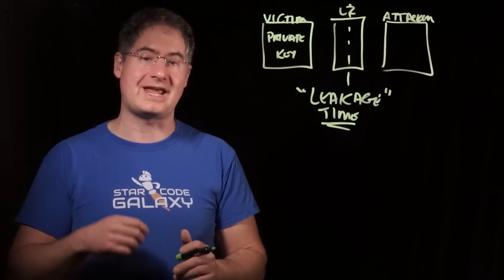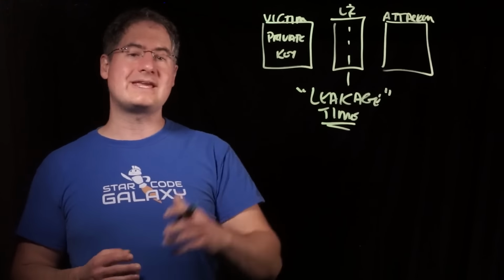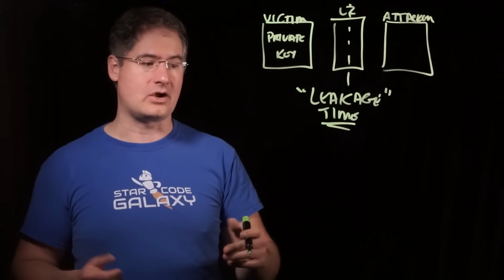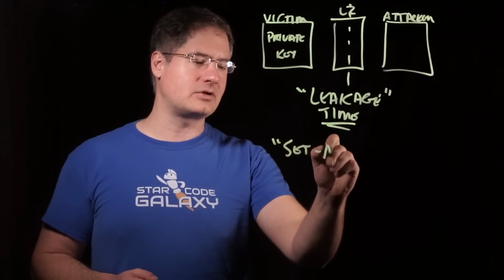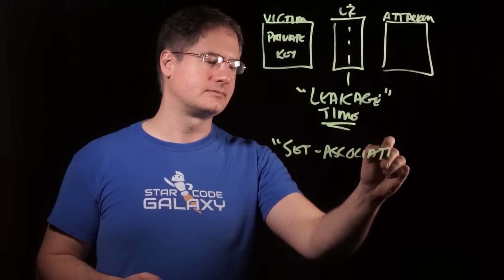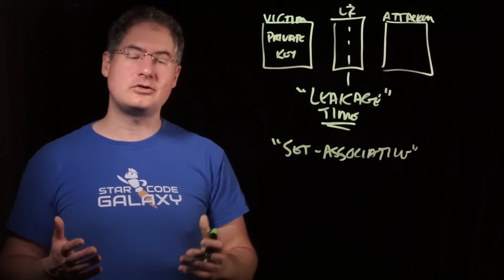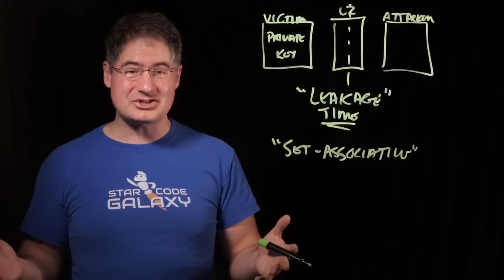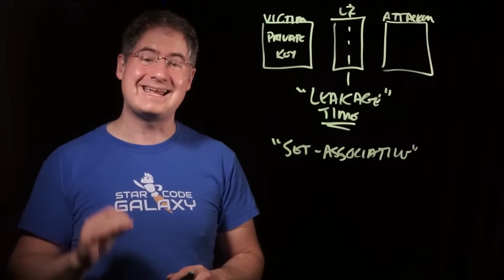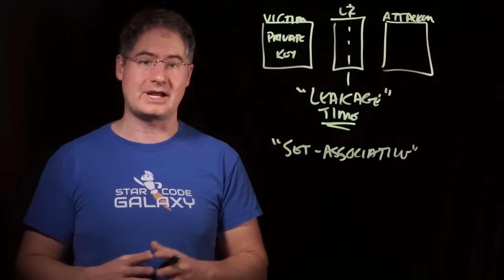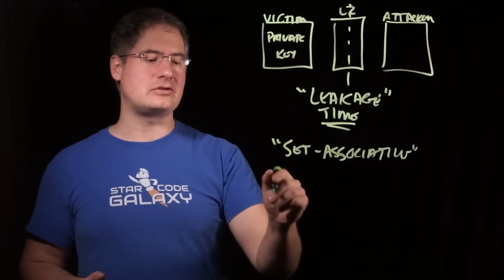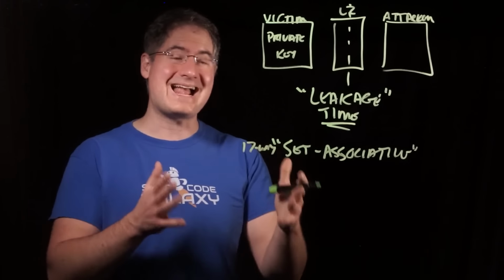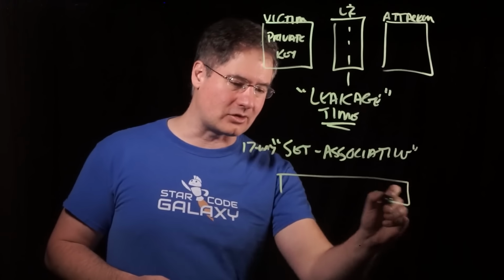Everything has to be very rigid and predictable. So the way that caches are actually designed in L1 and L2, and in this case on the M-Series silicon, is usually by designing something called a set associative cache. Set associative cache is just a fancy way of saying that it's really not one big cache. It's kind of like a bunch of little tiny caches, each of which has far fewer entries in it. In this case, the L2 is what's called a 12-way set associative cache, which means that it's actually built up of lots of little